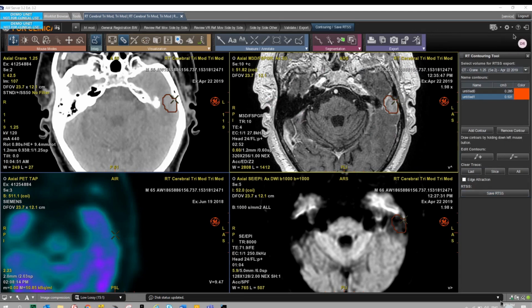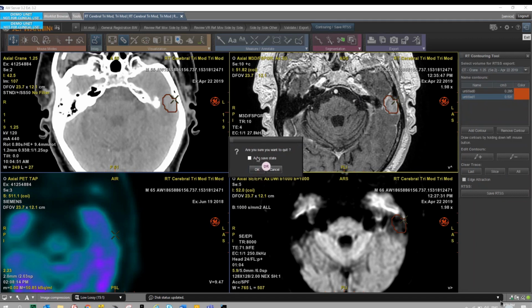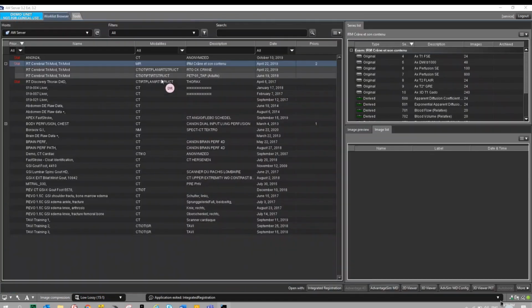That's it. We can stay here for a while. When we exit from the application, we can ensure traceability of everything that has been done, such as the display, and all contours can be measured as a volume.